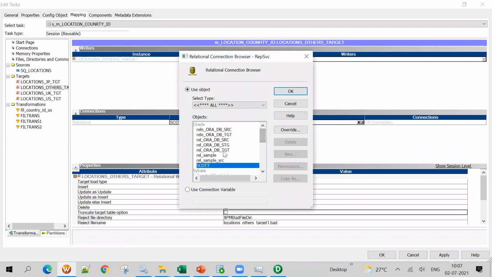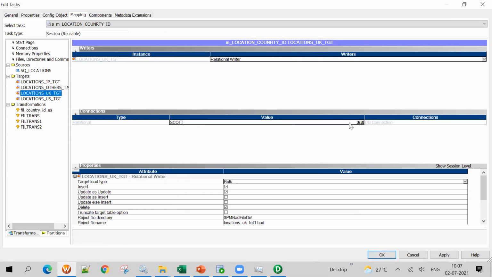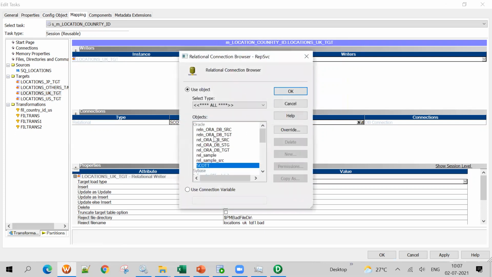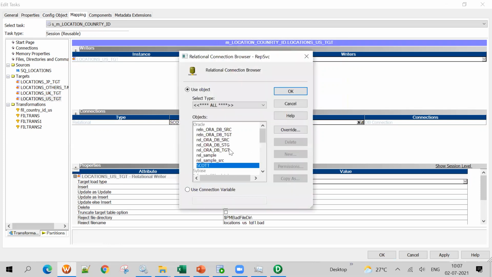Locations, others. This is also ORA_DB_TGT, bulk to normal. Then this one also TGT, bulk to normal. This one also TGT, bulk to normal.